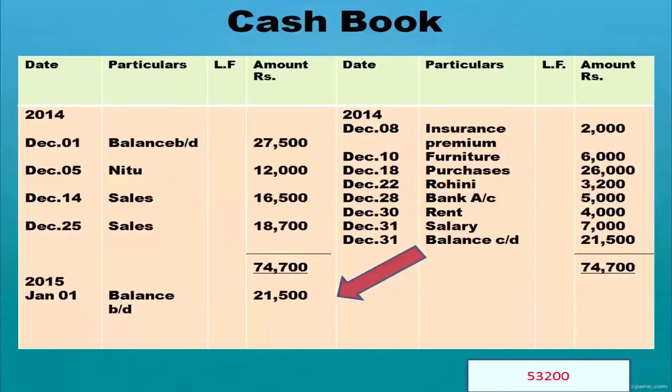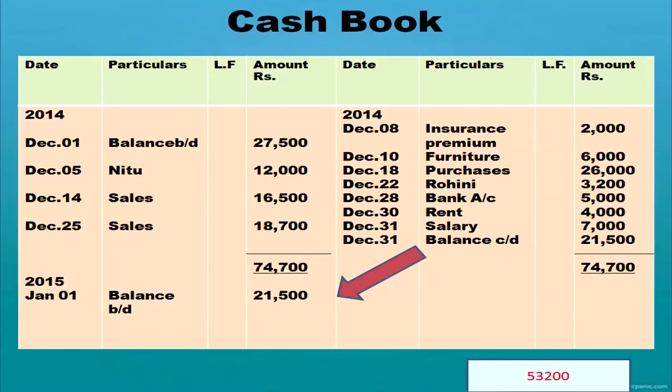By salary on the credit side, payment. So, when you are preparing this whole cash book, it will come in this way. You have written the opening balance, all receipts on the debit side, all payments on the credit side. Then you have to total or balance this cash book. How will you balance it? You have to total both sides, debit side and credit side. Debit side total came to 74,700. Credit side total came to 53,200. So, there is a shortage on the credit side, amounting to rupees 21,500.